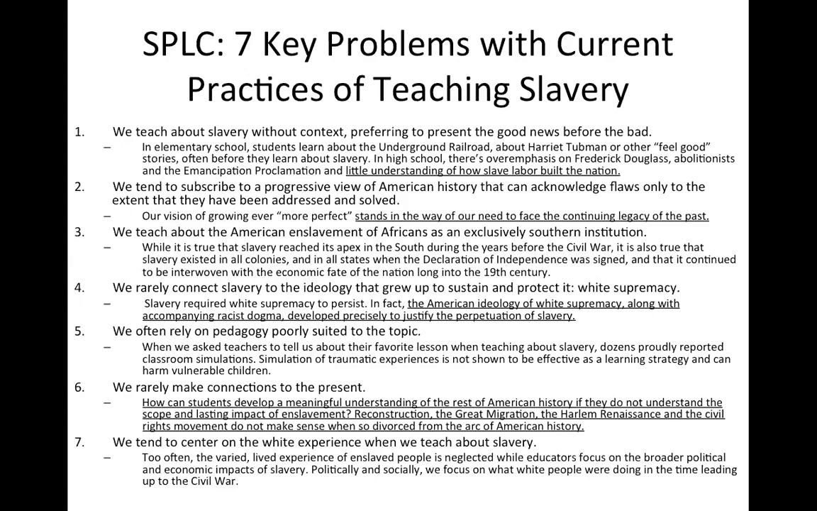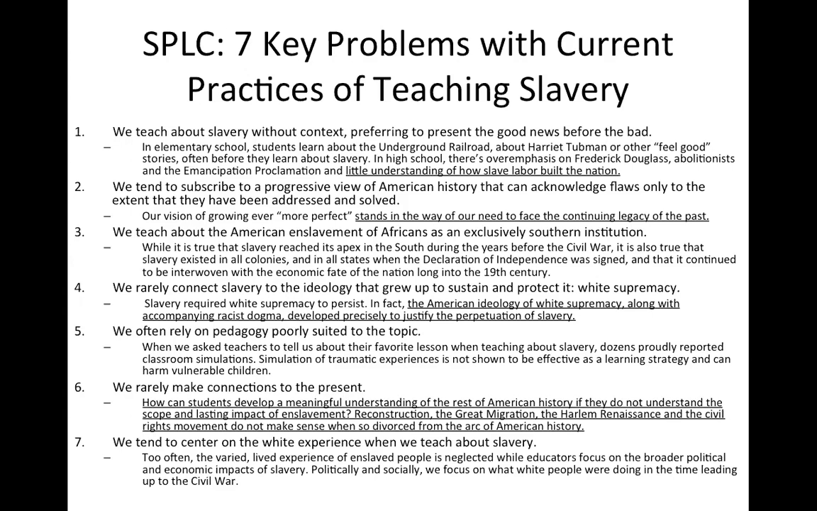We teach about American enslavement of Africans as an exclusively Southern institution. In fact, slavery was experienced throughout the majority of the country, especially in the North, and there were also different forms of it. In the West, California would have slave markets for indigenous people. This is something our entire country was founded on and experienced, and we don't talk about that